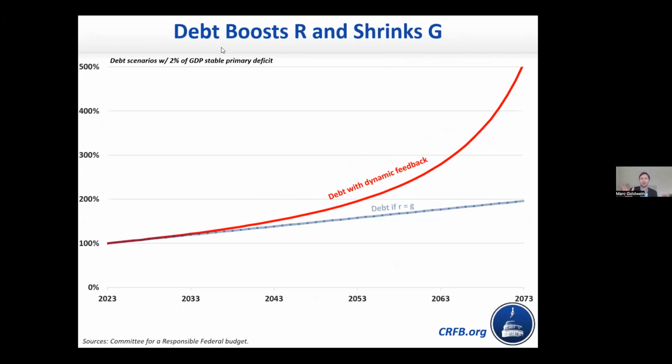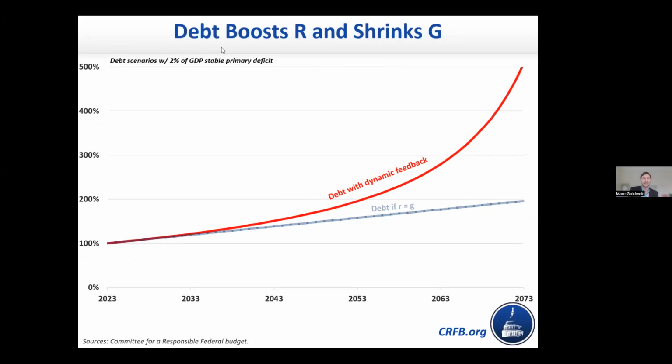We ran one example for this where we basically started by assuming stable primary deficits with R equaling G, and then we let some dynamic effects take over. Basically, we assumed, well, what if high debt pushes up interest rates and down growth? You can see for a while things look kind of the same. Through around 2050, they're similar, but over the long term, they start to hockey stick out of control.